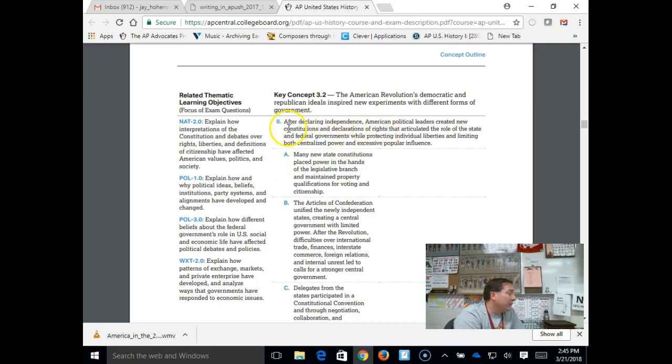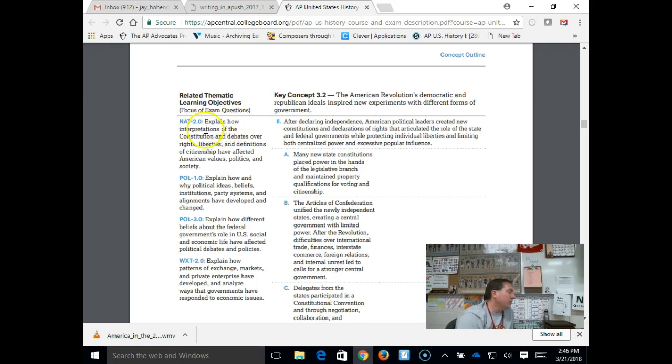Next, they want you to think about the governments that we created after the Revolutionary War was done. And with this, you'll notice that there's a theme that runs throughout the course where they want you to understand that we have interpreted the Constitution differently over time. So they want you to be able to think about the parts of the Constitution: legislative, judicial, executive, checks and balances, separation of powers. All those ideas are things that you should understand.